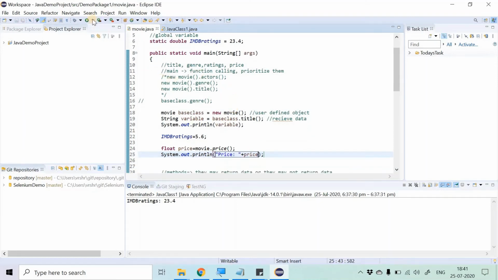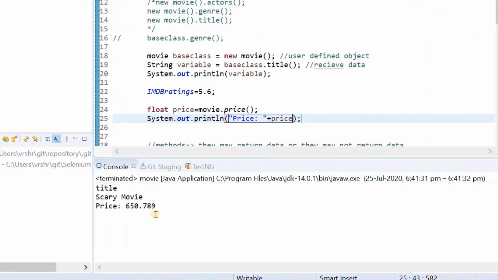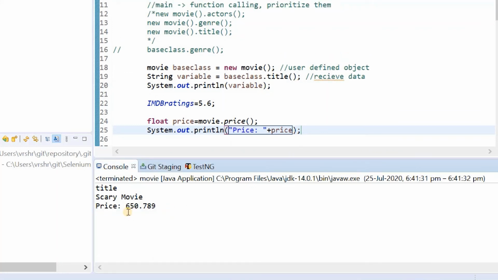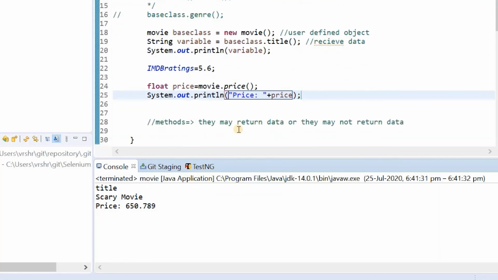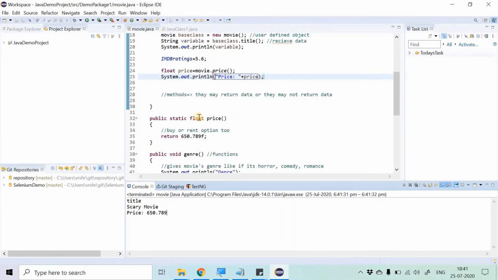And let us now execute and check. And as you can see over here, we have displayed the price of the movie. Now this is how we use the static method in this particular class.